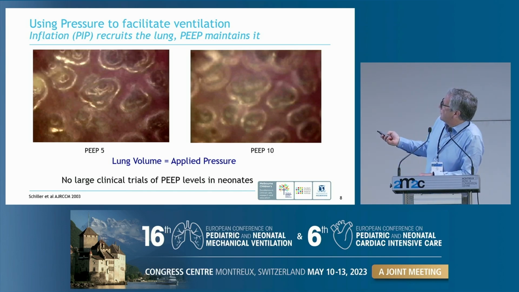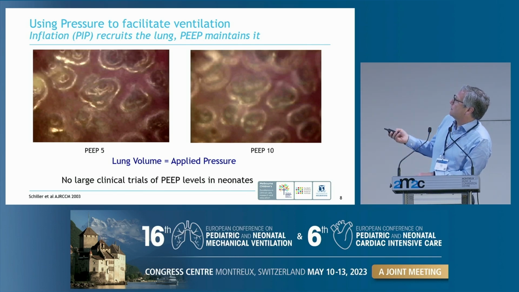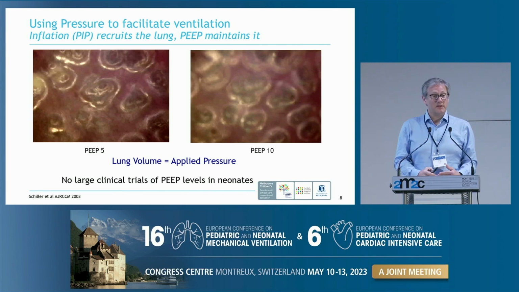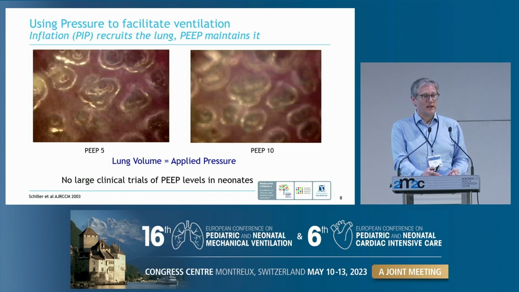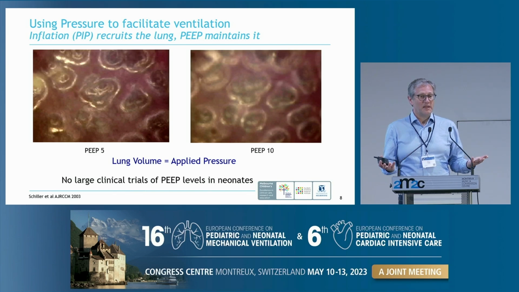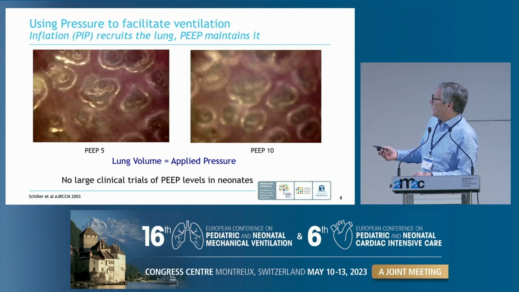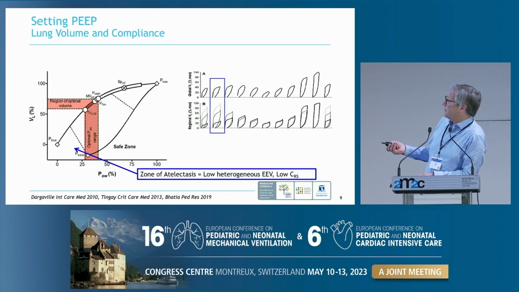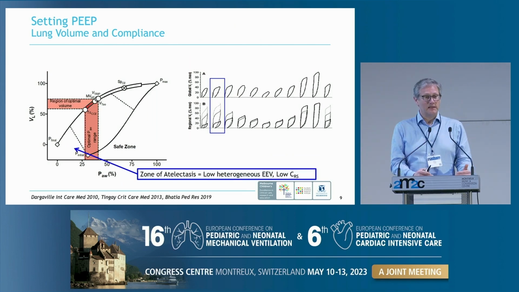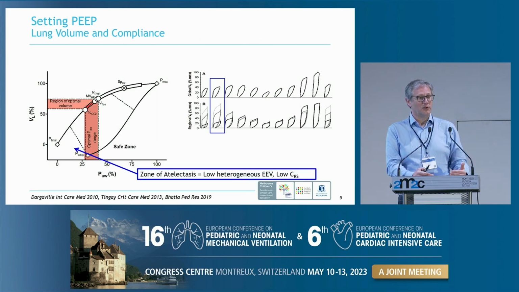The PEEP is turned up to 10. Now you can see these 2 alveoli are acting in the same way in terms of their end expiratory pressure. So this really nicely visually demonstrates, if you could have seen it, that it is the PIP that is inflating the lung. It's creating the tidal volume, and it's the PEEP that maintains it. And we need to apply enough PEEP to maintain end expiratory lung volume because it makes the next inflation easier.